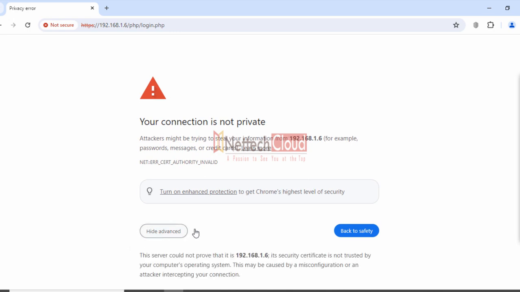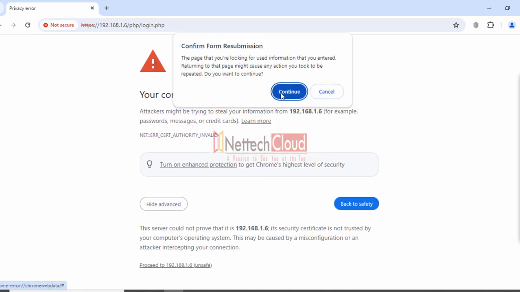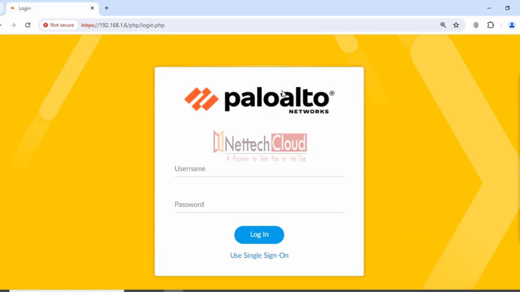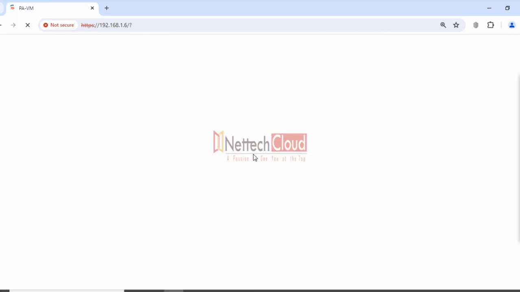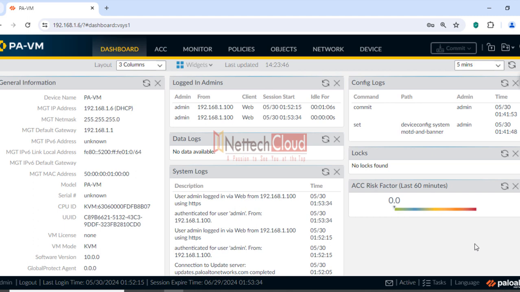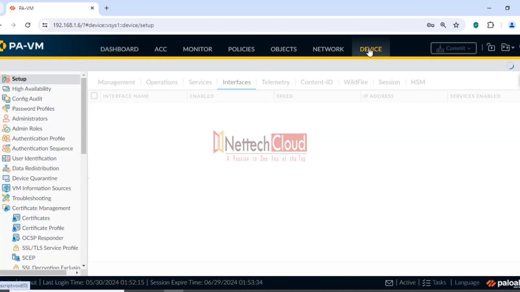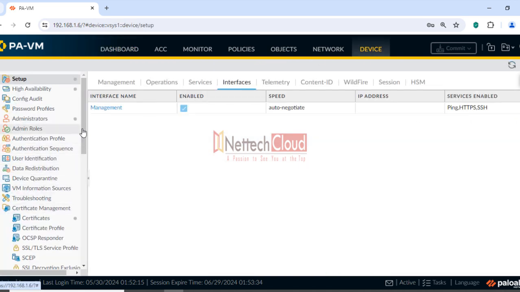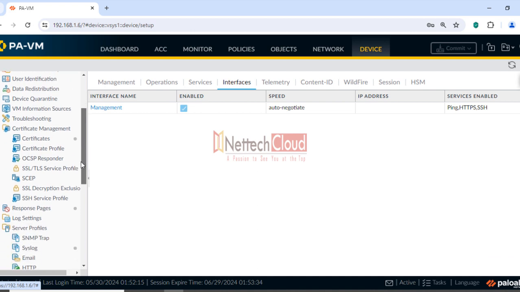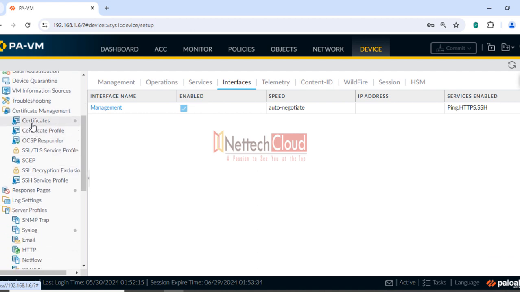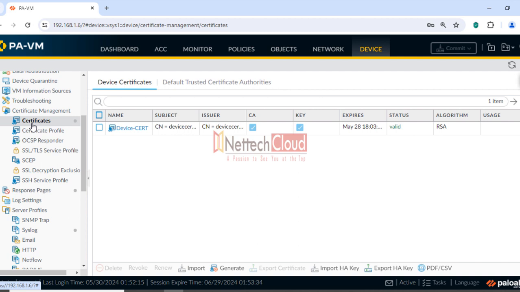So I'm going to ignore this, navigate to device and then certificate management, and here there is an option, certificate, right? So import an appropriate certificate for your administrative session from trusted